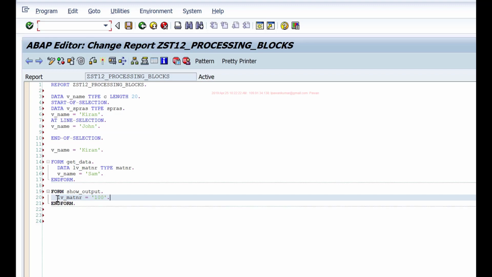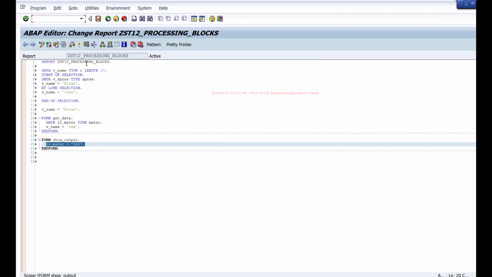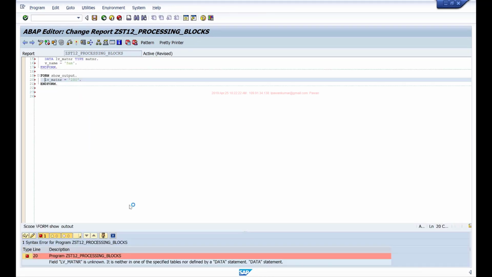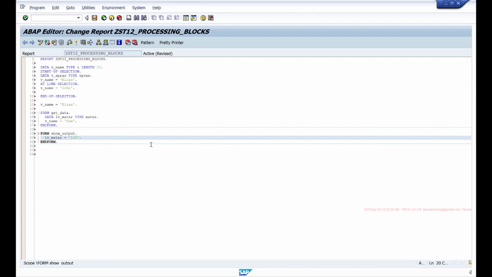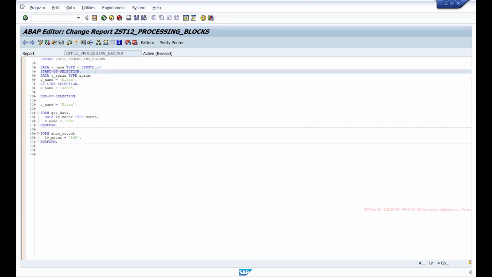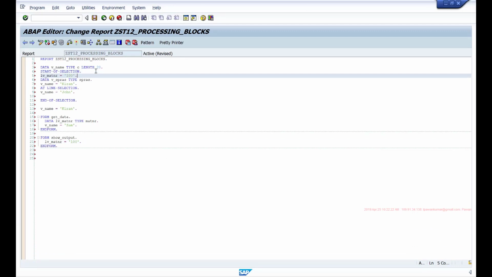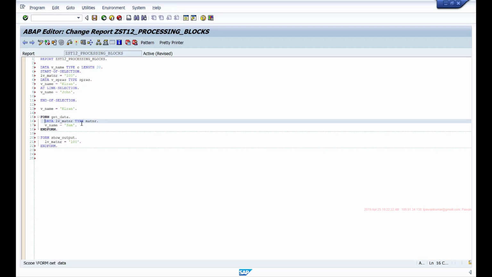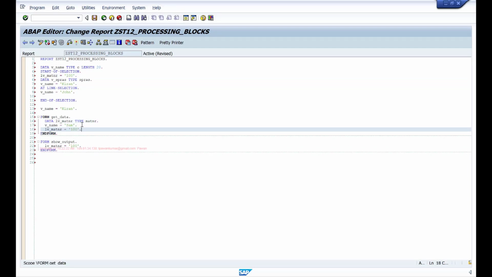So I cannot access it here. If I do it, it will give a syntax error. Similarly, I cannot access that under startup selection because it is not global. It is local to this particular processing block, so I can only access it within this subroutine, because that is a local data object.